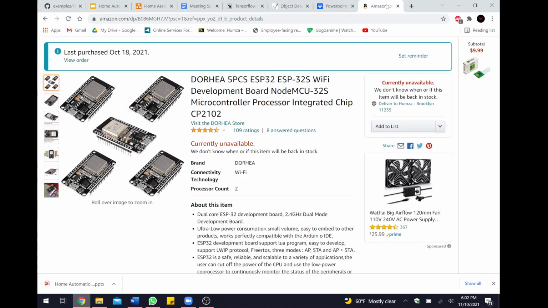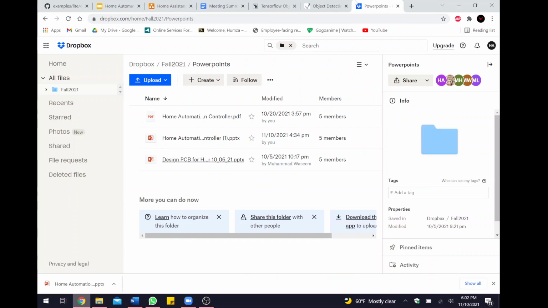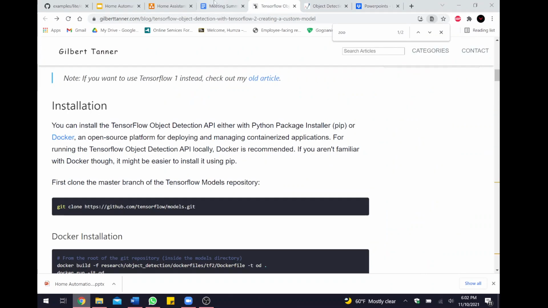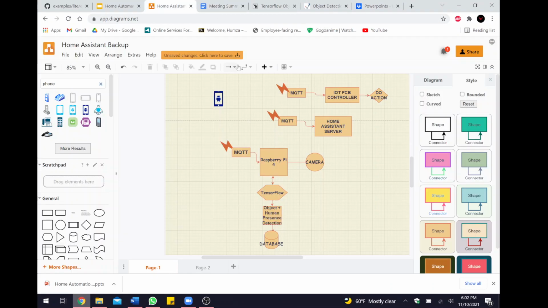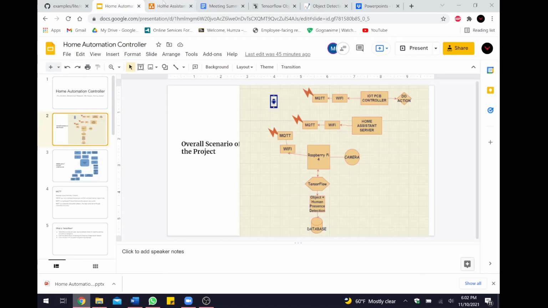Go ahead. Then Hassan can show his TensorFlow research. Ibrahim, I think from the block diagram that you show on the ESP,